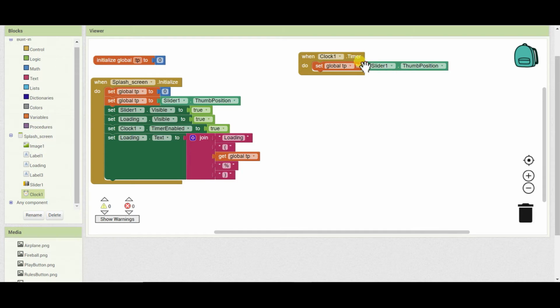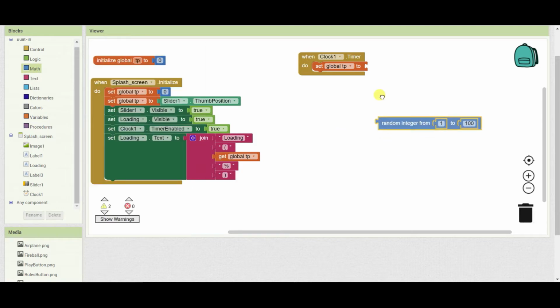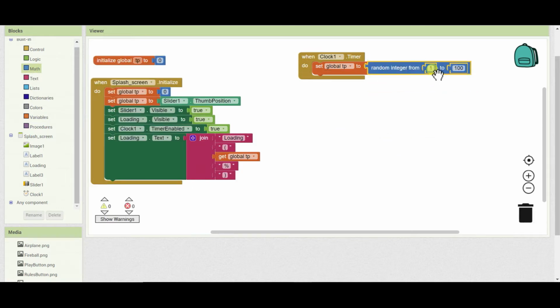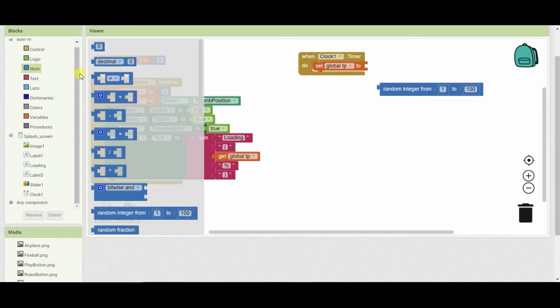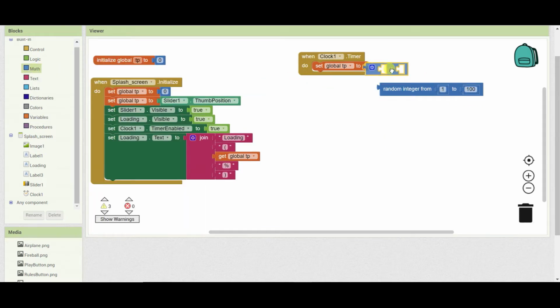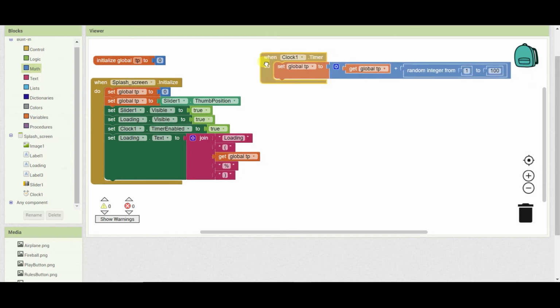Instead of that, we will just take here, I'll go to maths and I will drag one random integer from, and I will go to maths and I will take plus here. So global thumb position will be get global TP plus random integer from 10 to 20.